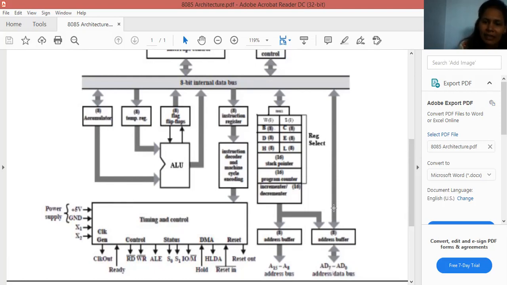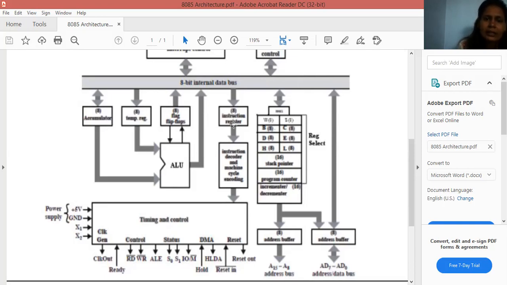After that, the data will come through the data bus and it will be stored inside the instruction register.